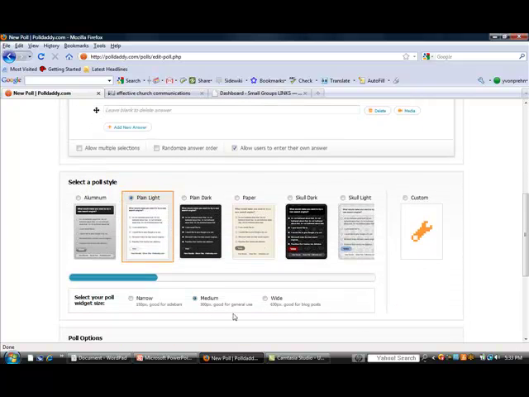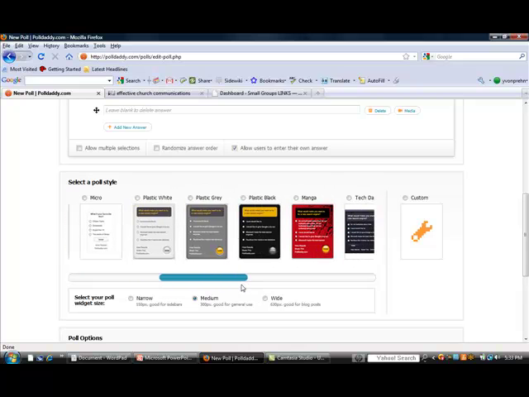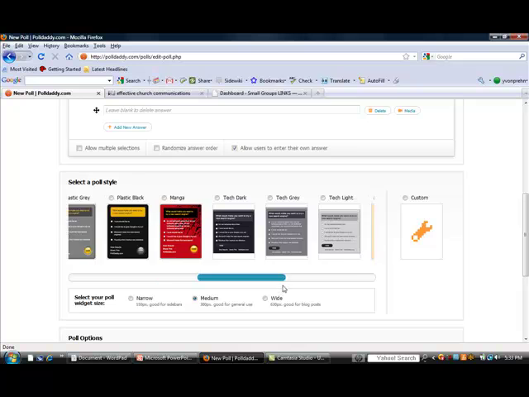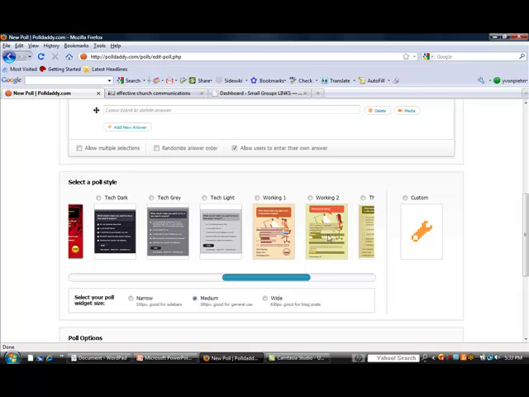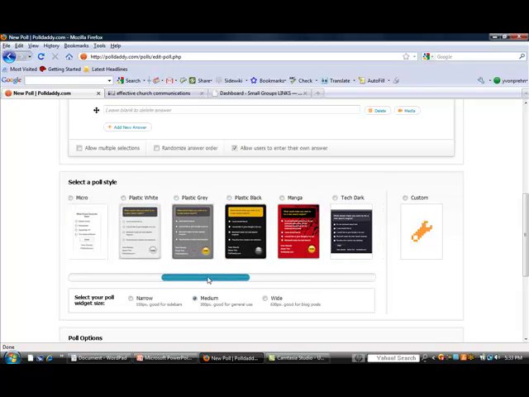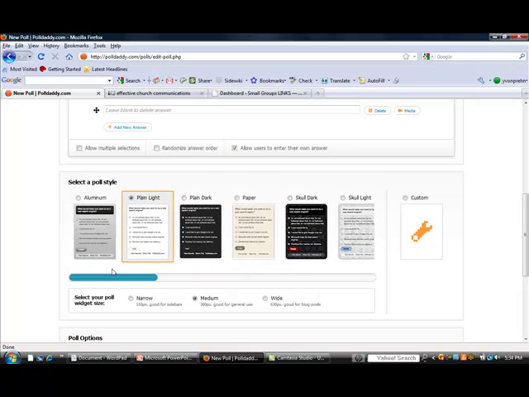Now, after doing that, you see you can select all these different styles. Now let's just go through. You see they have very plain, very simple ones, just all kinds of different ones. Now, for the church one, that's kind of a nice looking one. You can see this is where I got the really cute one that I did for the ladies thing on my website, or maybe since we're doing a thing on just a Bible thing, maybe we want something just really sort of plain. So we'll pick the aluminum one here,